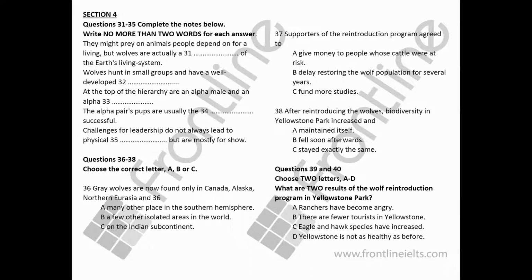Studies show that the biodiversity within the park has increased and is sustaining itself. After the last grey wolves in the park were killed in 1926, the population of elk and deer soared, decreasing the number of plants available to beaver and moose. The beaver eventually became extinct there. The population of other predator species, like the coyote, exploded. This, in turn, caused rodent populations to crash. This crash led to a decline in bird species like hawks and eagles. These negative trends have all reversed since the wolves came back. As a result, Yellowstone National Park is a better, healthier place.